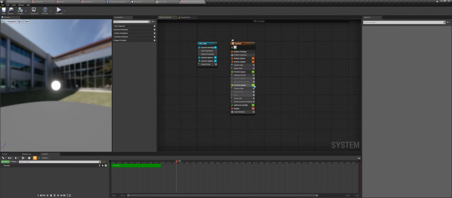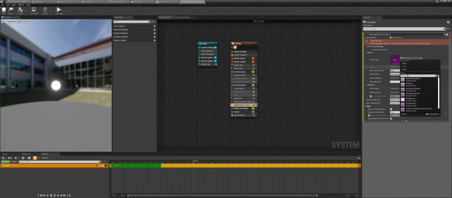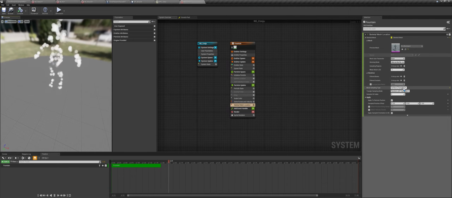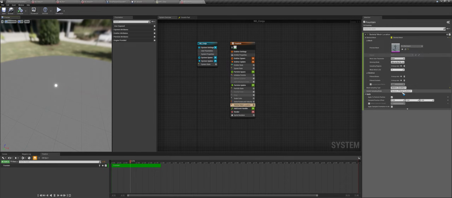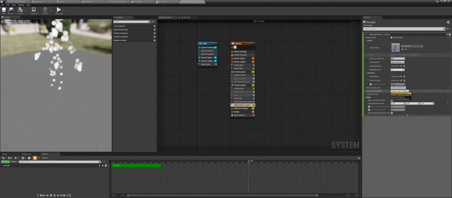Now here in the particle update, we will type in skeletal mesh location, and here I will use the mannequin. So now here you can see that the shape of the mannequin is taking form. Now this is sampling the bones. So if you select this and change this to triangles, we get something like this. And sockets, there are no sockets, so we don't really get anything. And vertices, we get something like this also. So right now I'm just going to select triangles,